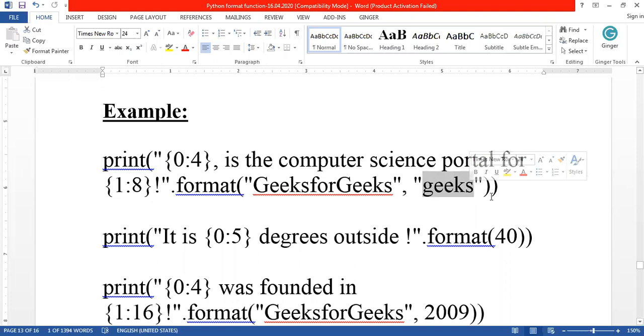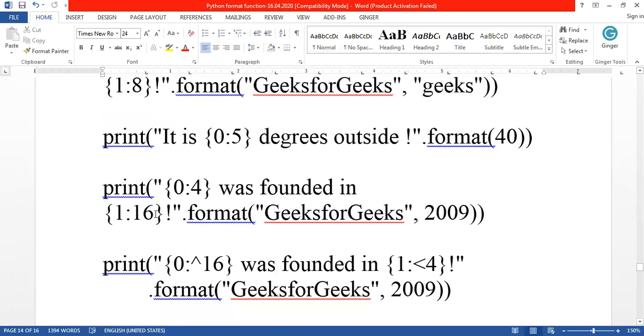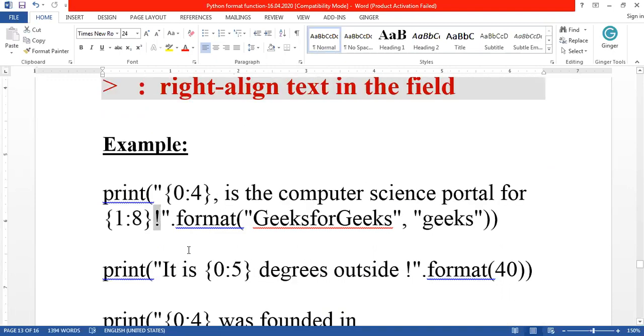That is the empty space that should come. Look at the output. 0, 1, 2, 3, 4. The remaining 5, 6, 7 are empty. Only after that is the rest of the output followed. So after leaving 3 spaces, this exclamation symbol will come.